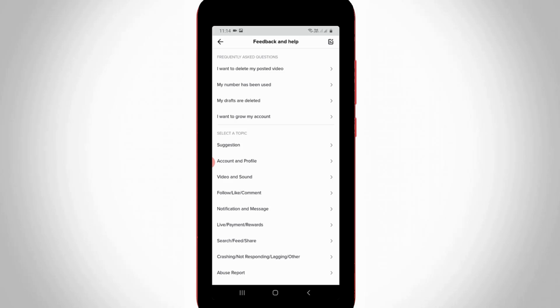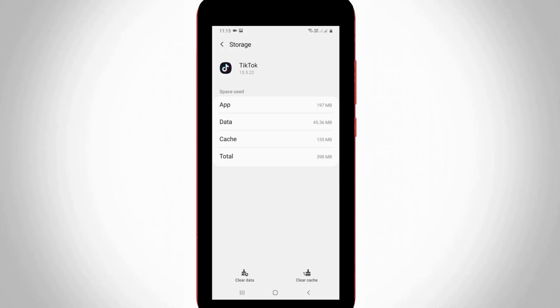You can wait a few hours because they verify your problem. Also try this method by simply clearing the TikTok app data, because my suggestion is that maybe this clear data process works. So this is the way you can easily fix your TikTok error notifications by watching my tutorial.